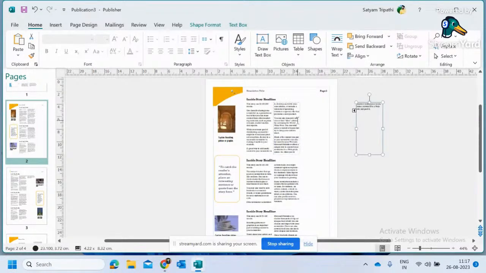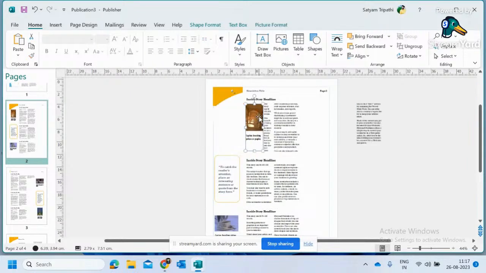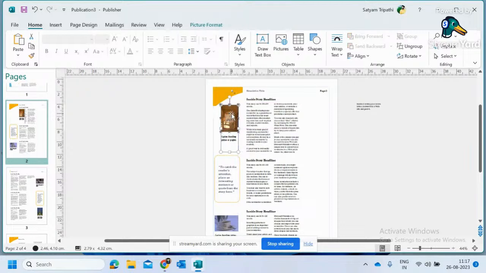This is the advantage in Microsoft Publisher. If you want to add or remove anything, you can do it. In Word, we have to struggle with those things. Suppose I want to add this picture here. You can see one important thing: the text automatically reframes itself. Once I shifted the picture here, the text automatically reframed itself, and once I do it here, the text automatically reframes again. This is the advantage in Publisher. Once you design the page, it will